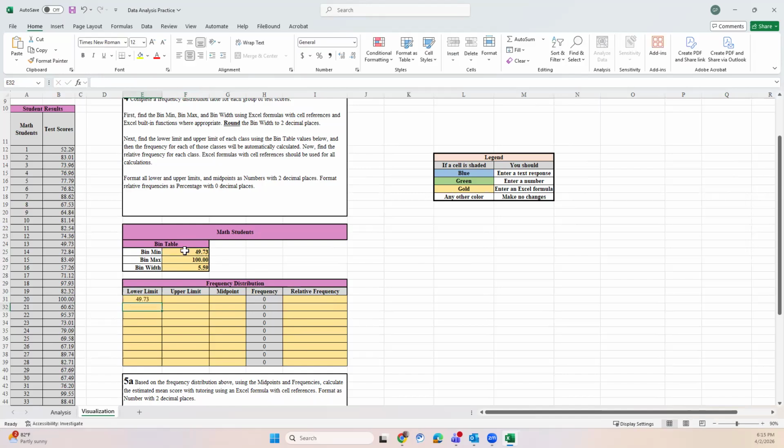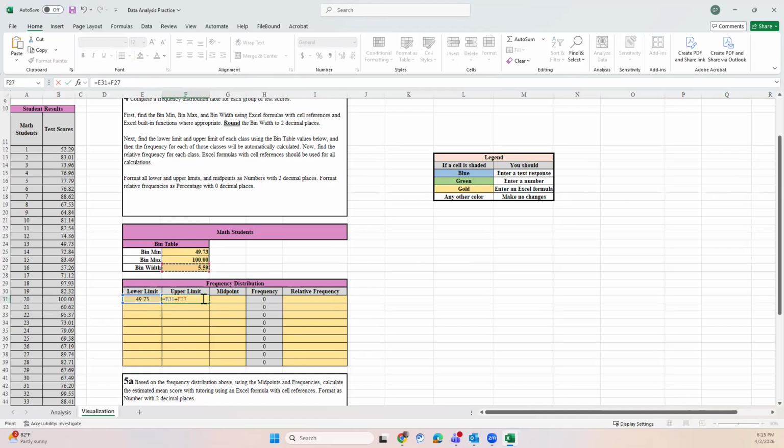That's my lower limit. Whatever my minimum was is my lower limit. My upper limit is a little different. I'm going to start with equal and set it to my lower limit plus my bin width. Now, the only problem with that is